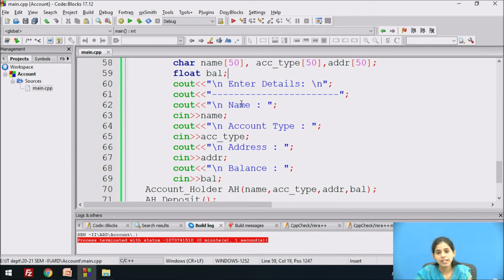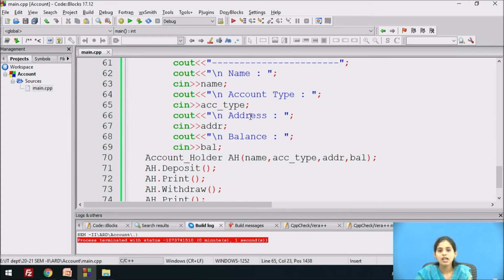First of all we have to take the name of the customer. So here we use the cout, and in double quotes we give the message name. Next we use the cin for taking the input from the user, and that value is stored in the name variable. Similarly we take the account type from the user, so we display the message cout account type, and that value is stored in the account type variable.